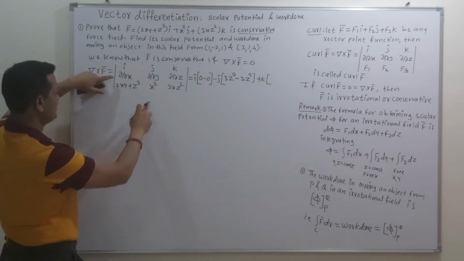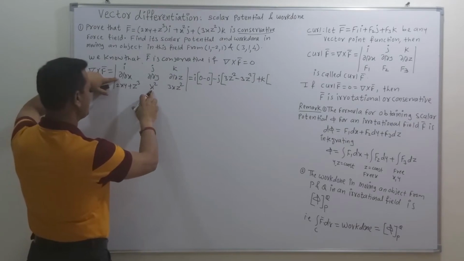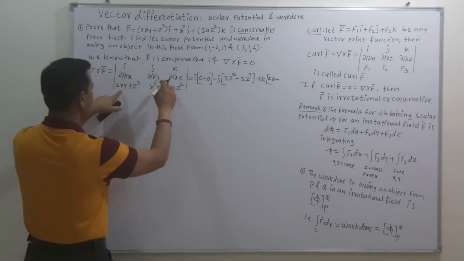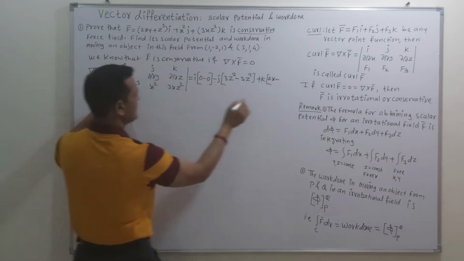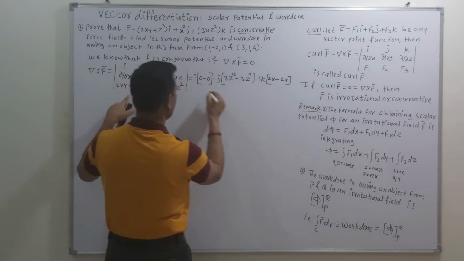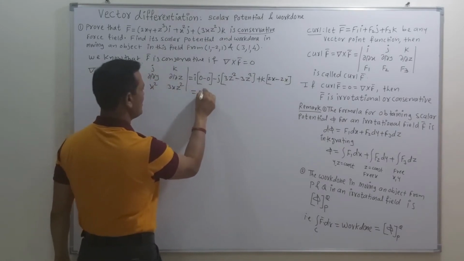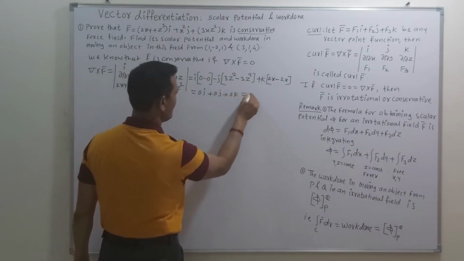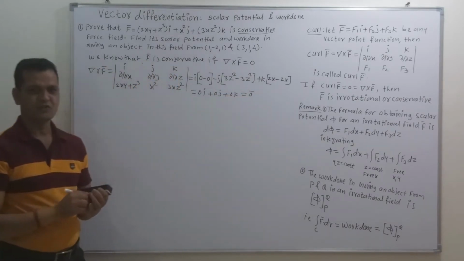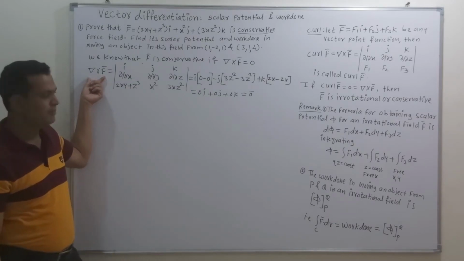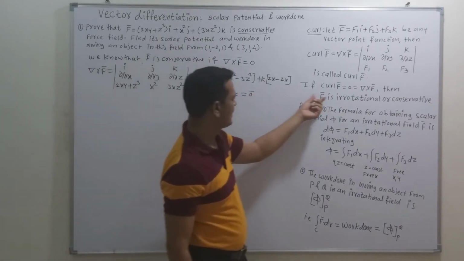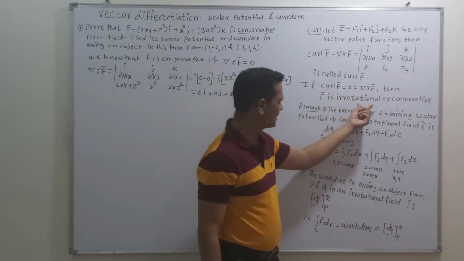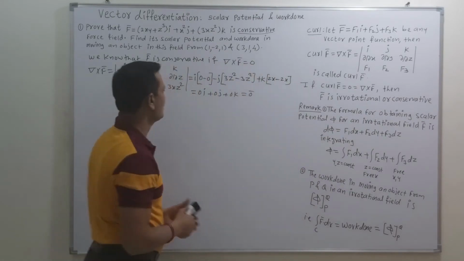Now friends, while solving this determinant, take the derivative of this term with respect to x, which is 2x, minus the derivative of this term with respect to y, which is again 2x. So this value is 0i plus 0j plus 0k, which is 0 bar. So if the value of del cross f bar is equal to 0, then according to this remark, the curl of f bar is 0, and such a vector field is called irrotational or conservative.